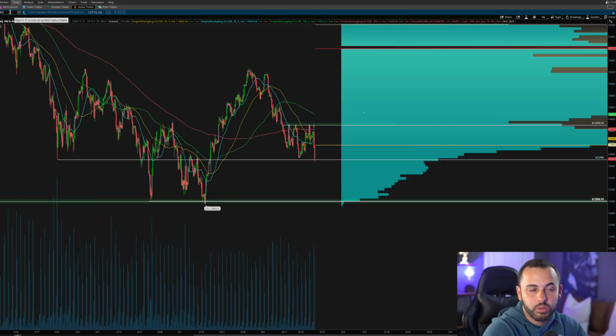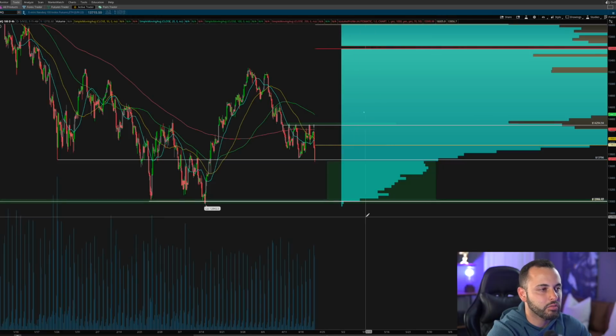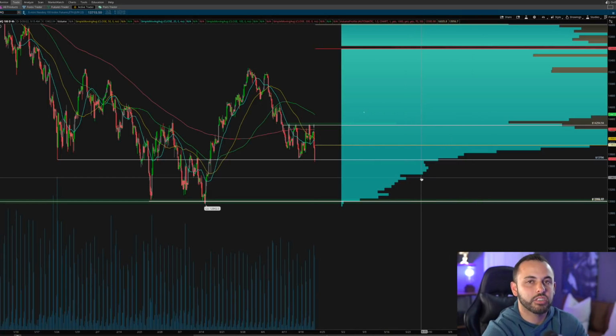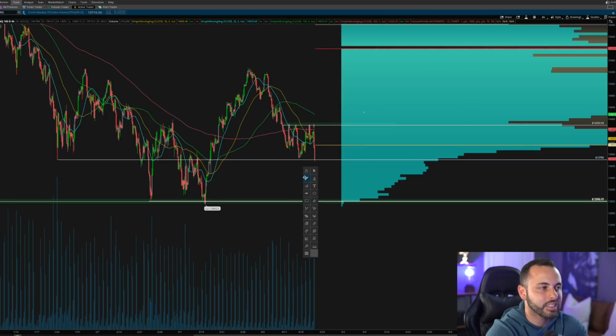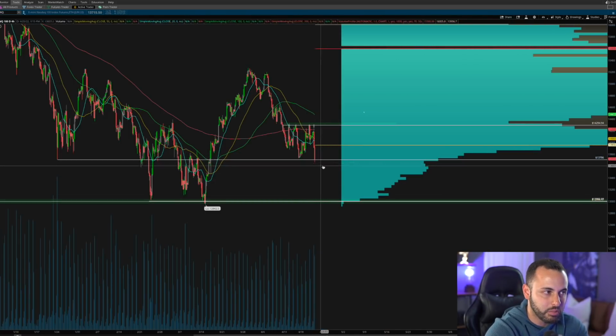So here is the volume profile on the right side of your chart. This is the 4-hour chart, and you can sort of see what I mean by not much support below that 13.7. Under that 13.7, look how drastically this volume declines on the volume profile. So this area under 13.7 has very little volume, and if we start to slip into that low volume, there is not going to be much to hold up this move. So the volume profile is just confirming my thoughts that if we get into this zone between 13K and 13.7, it will be a relatively quick slip to the downside, which could happen tomorrow, which could happen